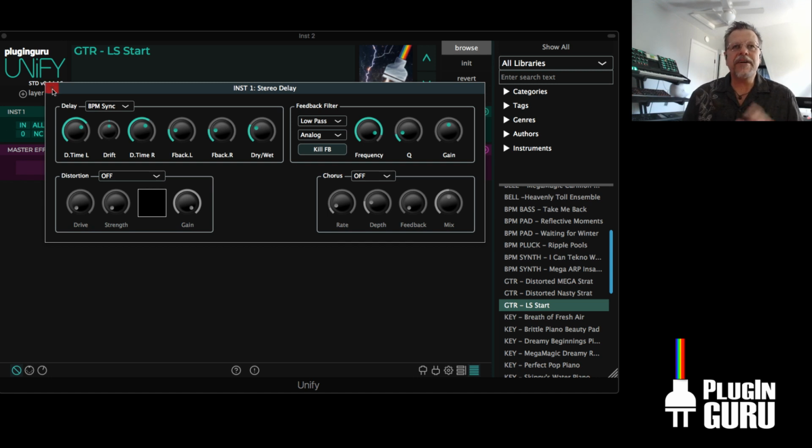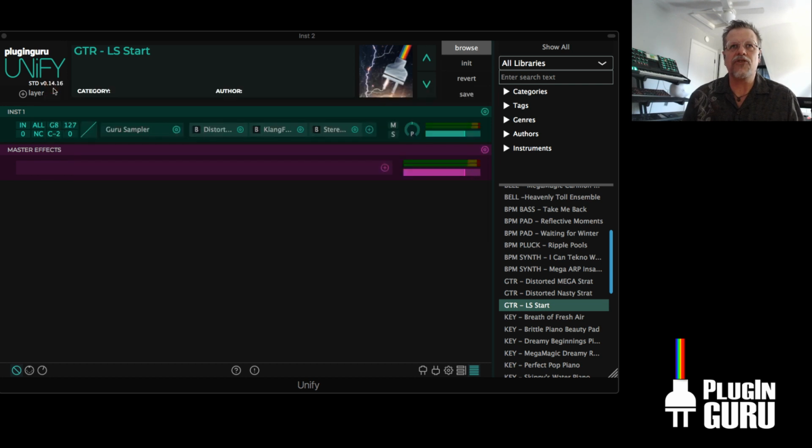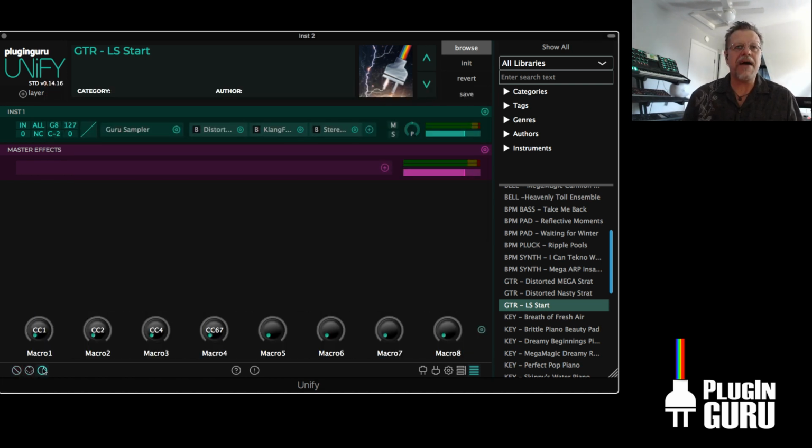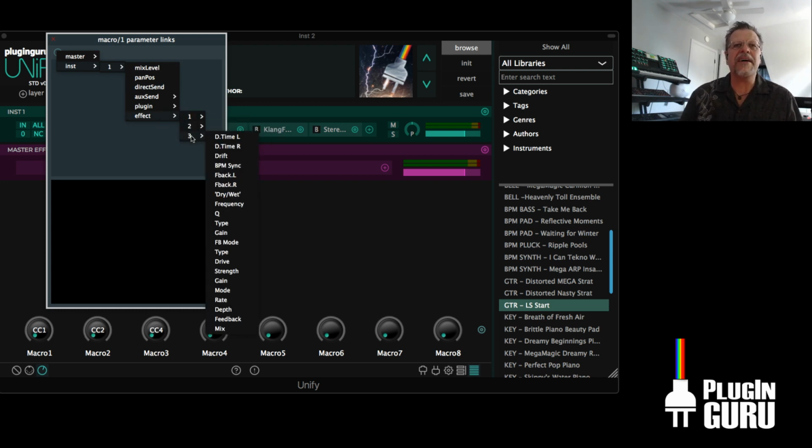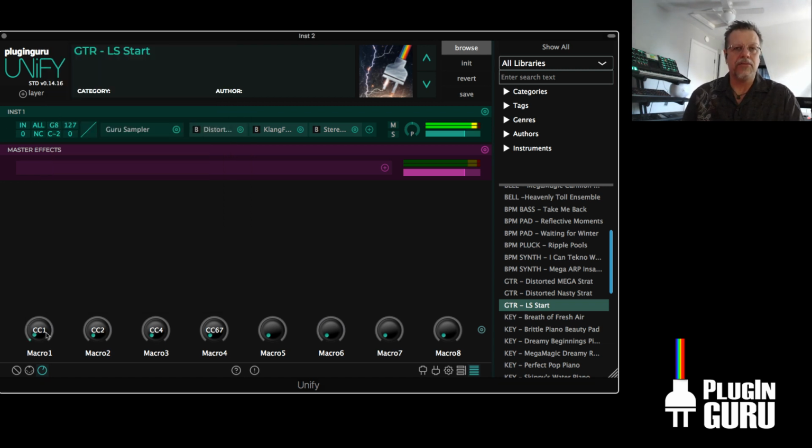And let me explain one thing. The one place that we have not totally sussed out: we have done some of the work in that we have these knobs, and you can set linked parameters, and from here I can access any instrument and any effect and any parameter. And I could set it up so that I could go to number one, the distortion, to the frequency, right? And now